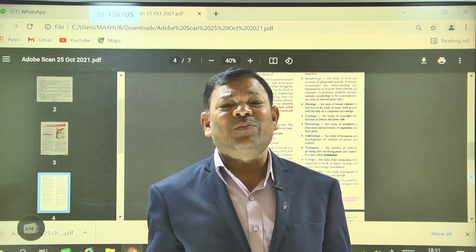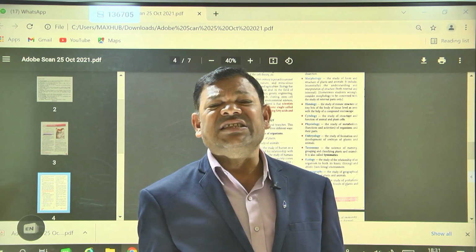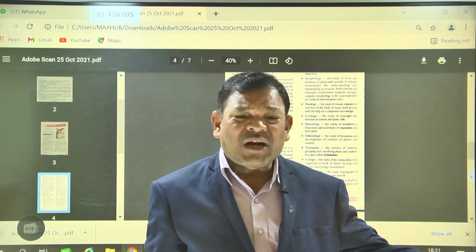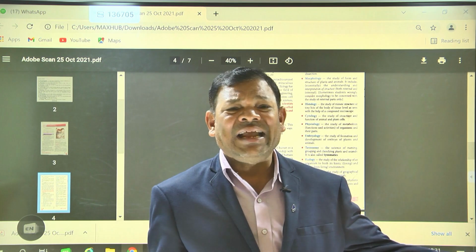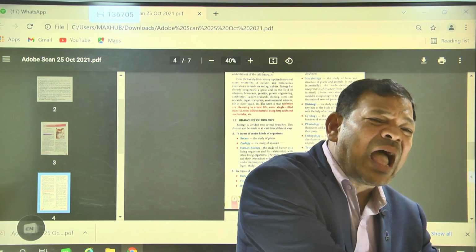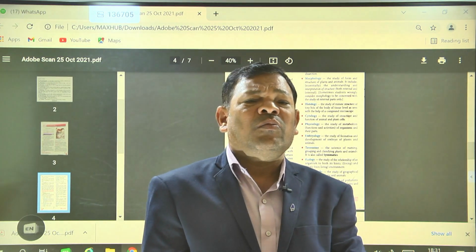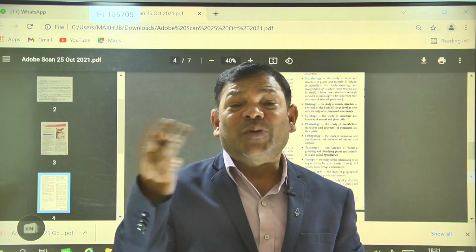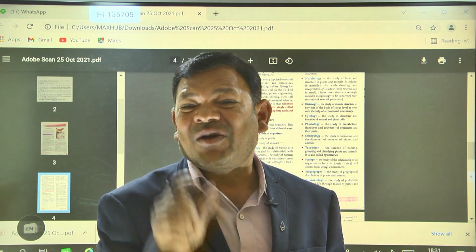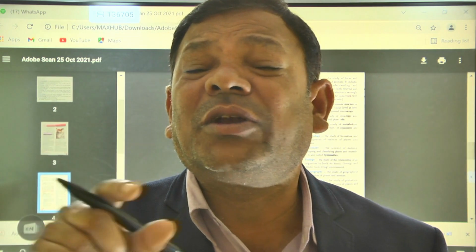For example, you know very well green plants are the biotic component. In the photosynthesis mechanism, they absorb sunlight, which is an abiotic component. Water is also an abiotic component, and so is carbon dioxide. So plants depend upon the abiotic components, and these abiotic components also depend upon the plant. Both of them interact together and produce glucose and liberate oxygen gas. So ecology is a branch of science. It deals with the interrelationship between abiotic components and biotic components of the environment.